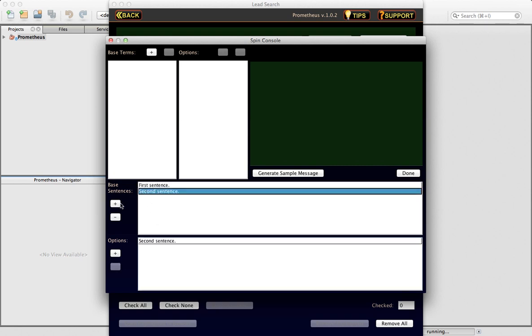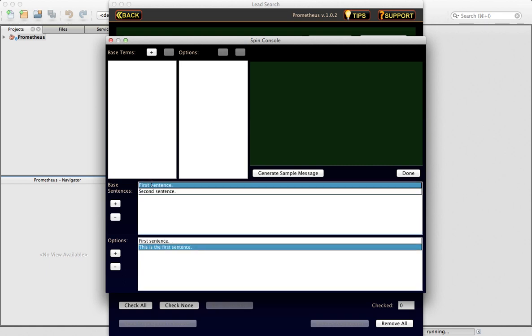And second sentence could also be, this is a second sentence. What we've done is for the first sentence, have two separate options that mean the same thing. And for the second sentence, have two separate options that mean the same thing. Now what Prometheus will do is automatically and randomly select one of these two options for the first sentence, one of these two options for the second sentence, and combine them. And you can see how it does that by